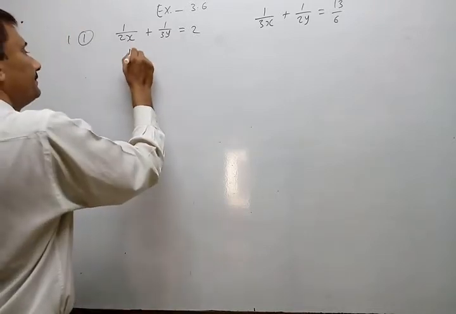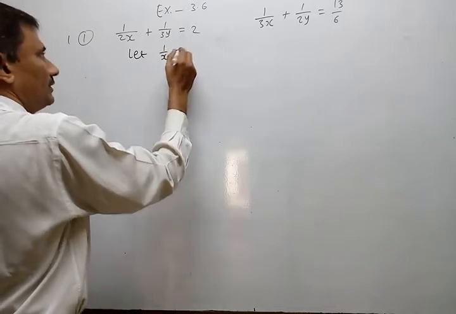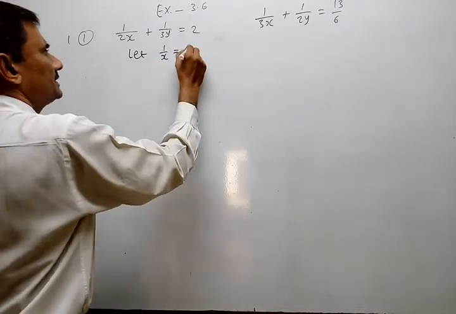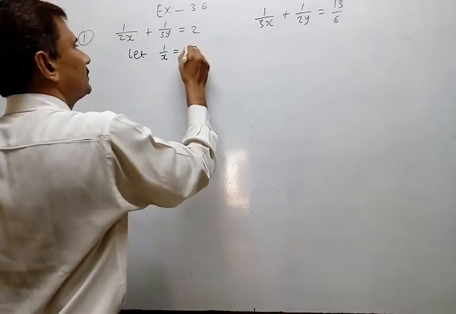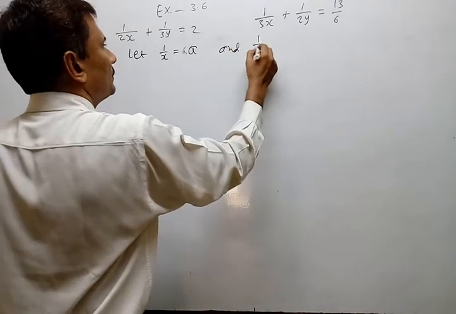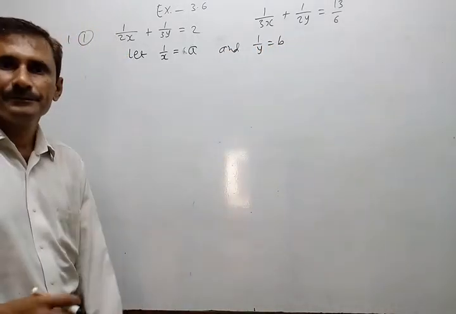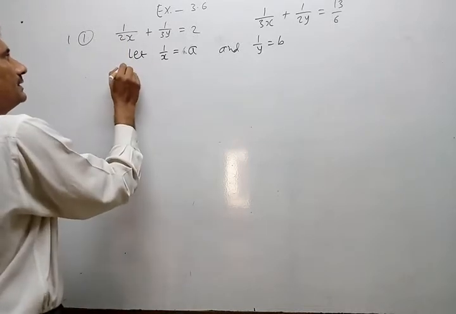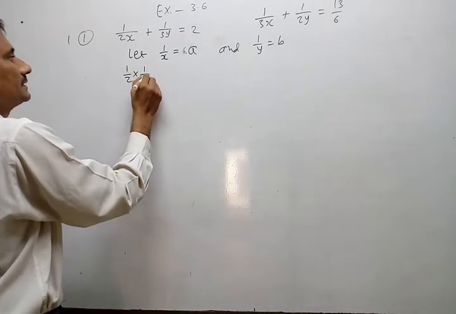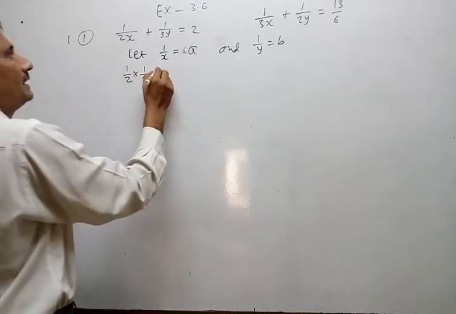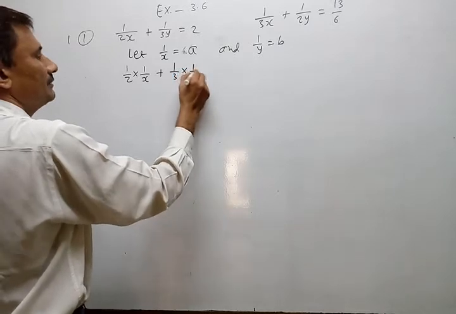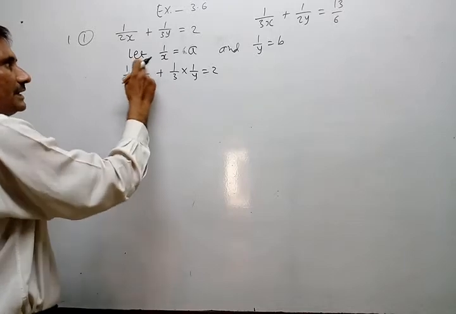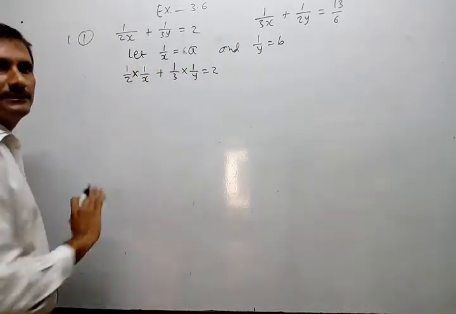Okay. So let 1 by x equal to a, or p and q, I think, supposing p and q or a and b, whatever. That is not issue. 1 upon x is equal to a and 1 upon y equal to b. Okay. So now how you can write this? Actually that is 1 by 2 into 1 by x. Look here. Okay. Plus 1 by 3 into 1 by y equal to 2. Okay. I just try to get it separately so that I can place here a and here b. Okay.